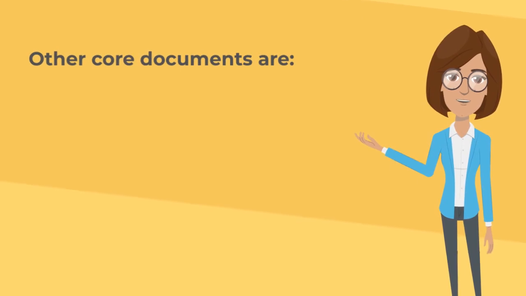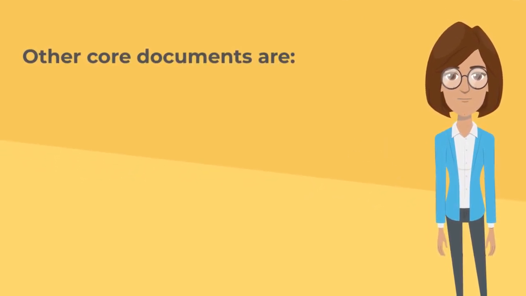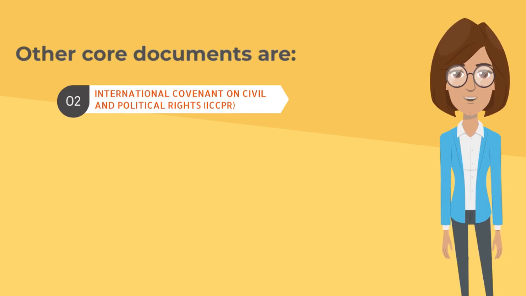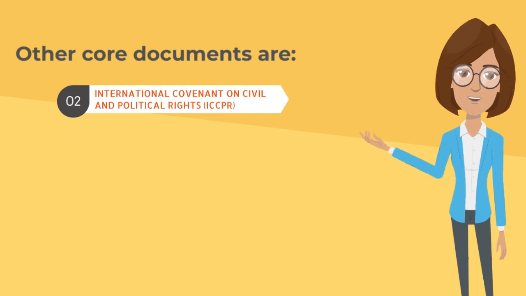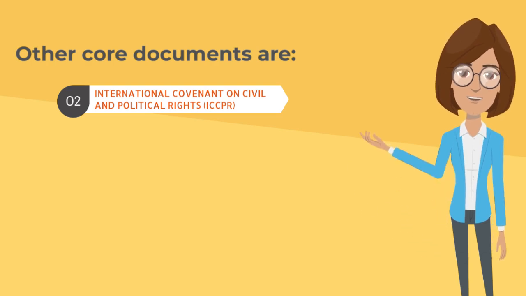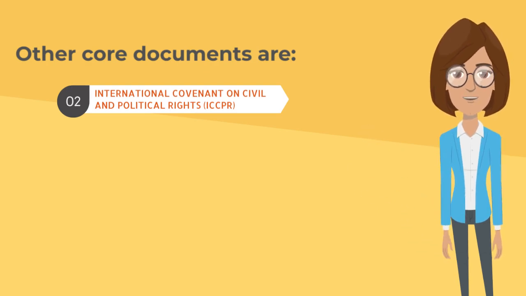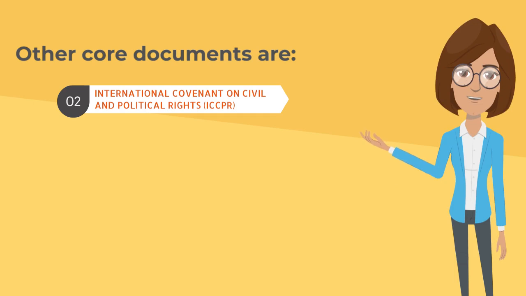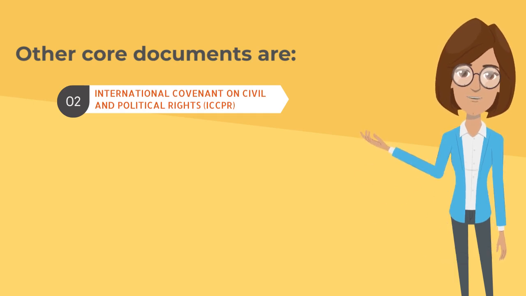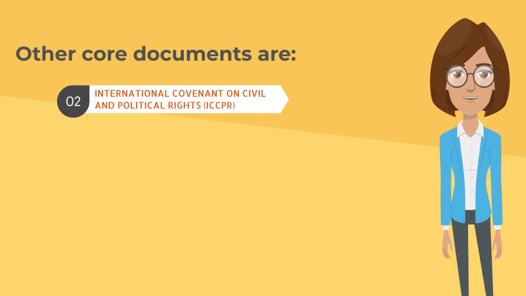Other core documents on human rights are the International Covenant on Civil and Political Rights, ICCPR, adopted by the United Nations General Assembly in 1966. The ICCPR is a legally binding treaty that elaborates on many of the rights outlined in the UDHR. It covers civil and political rights such as the right to life, freedom of expression, and the right